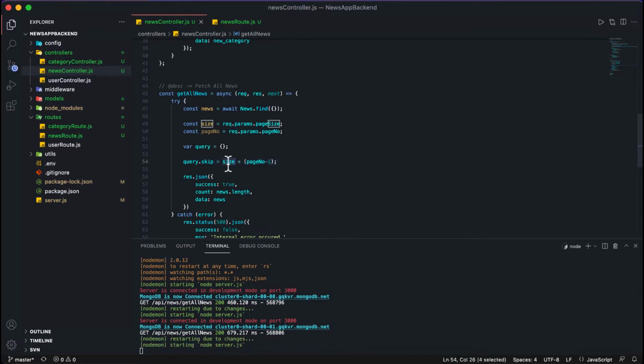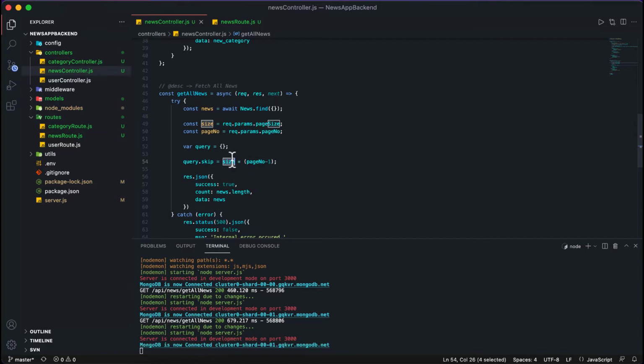Let's suppose the page size is 10, then the page number the first time will be 1, so 1 minus 1 is 0. Then 0 multiplied with 10 will be 0. So the first time we don't need to skip anything.